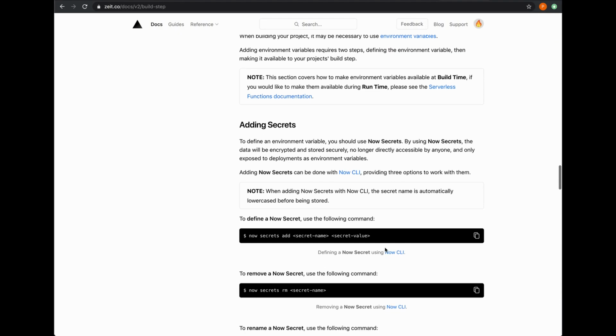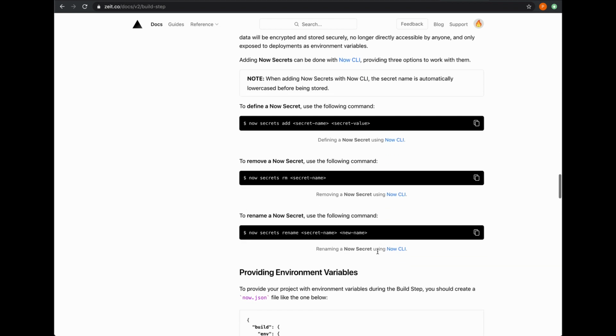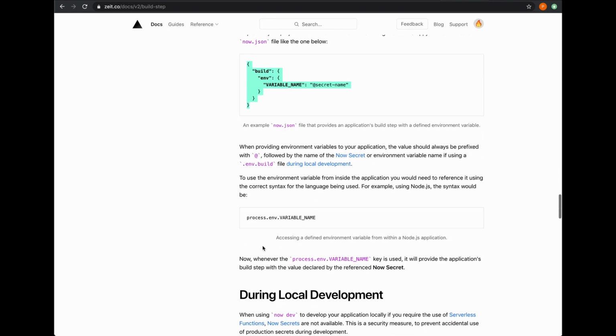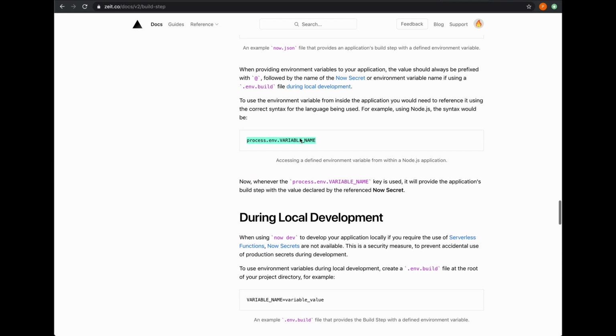So how environment variables work in now.sh is like this. You install now CLI onto your dev environment, and using the now CLI you can create secrets. You say now add secrets and you give it a name, and actually submit the secret code that you have from your GitHub or Firebase integration. Now you can use that name that you gave to the secret and use that in your now.json to expose environment variables. So these will be used when now.sh builds your website.